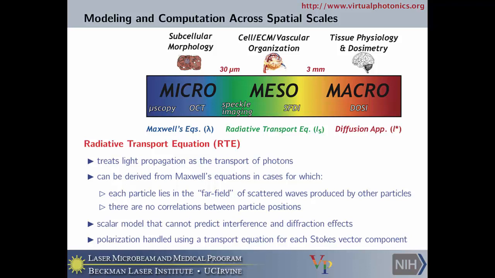Okay. So the spatial scale, a rule of thumb for where one can dispense with the electromagnetic wave, the Maxwell's equations framework, and adopt a radiative transport equation framework, is probably on the order of a few hundred microns, to be sure that your optical phase relationships are